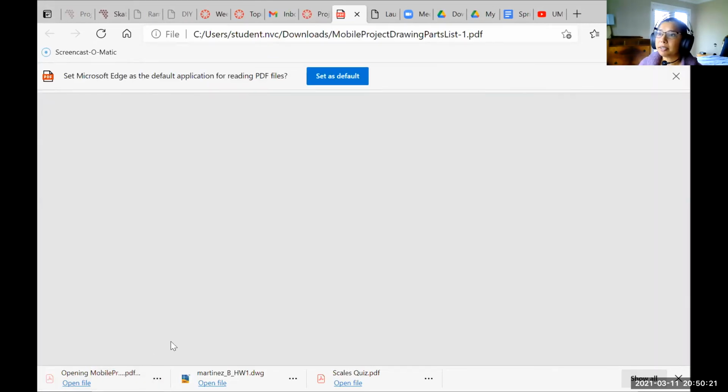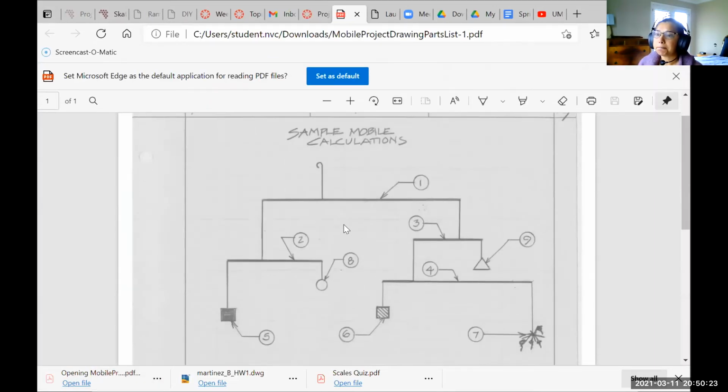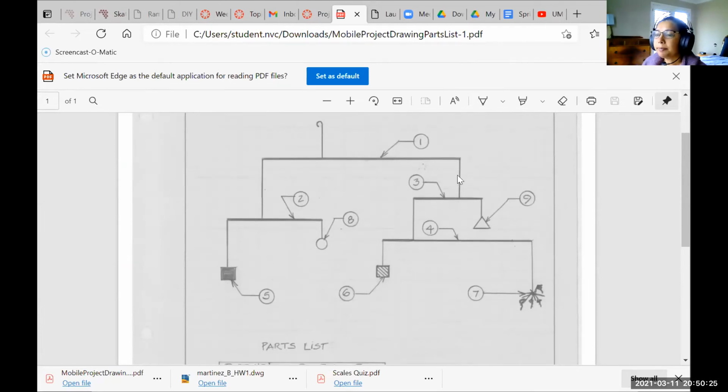Let me see if I open this file, if it continues to share. Wonderful, it does. Okay, and here's an example. You can see that here's a string coming down that holds this member, and off of it 2 things are hung, and each one of the parts has a number in a circle with a leader line.